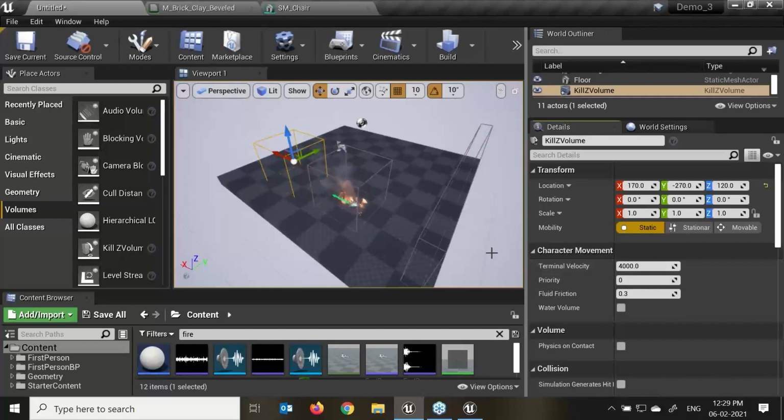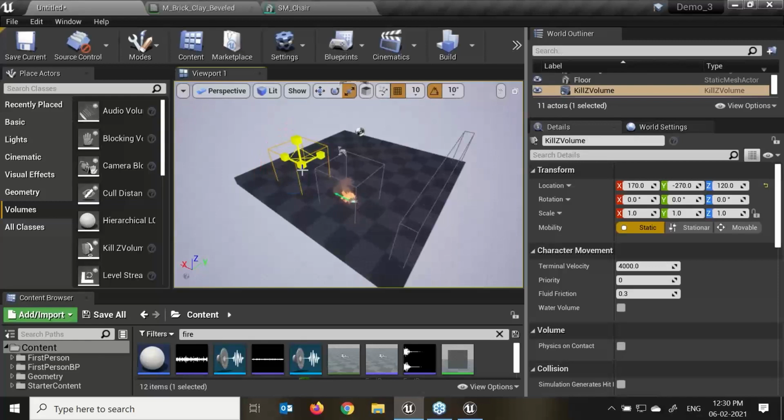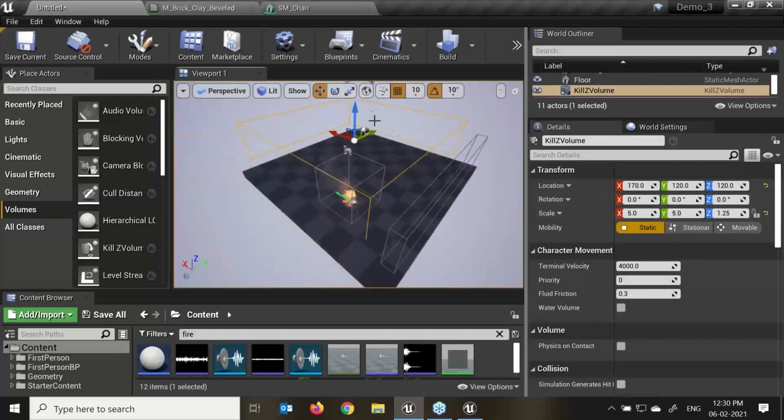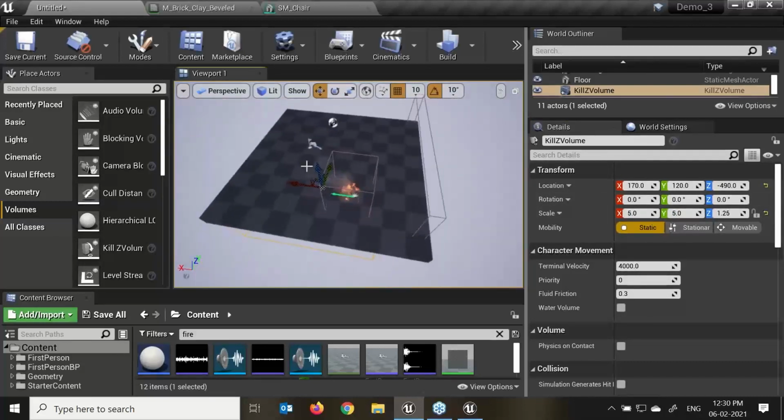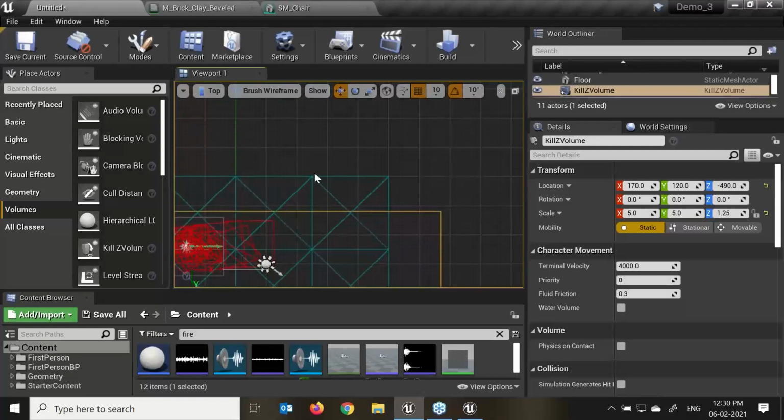So what I'll do, I'll just make this bigger. Let's scale this area. Put it to 100. 100 is too much. 20 or 10. Make this 10 again. Again make it 5. Correct, 5 will work for us. Stop, select, and pull it down. So what I'll do, I'll just go to my top view.